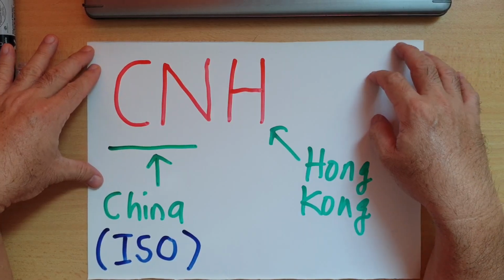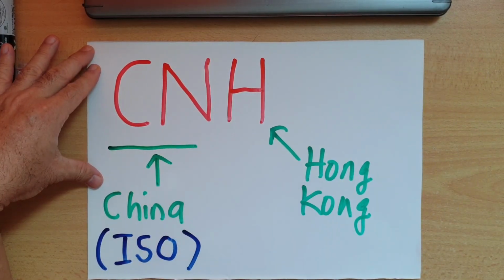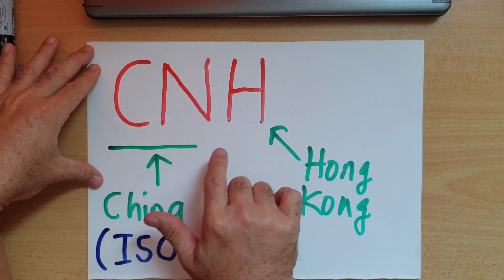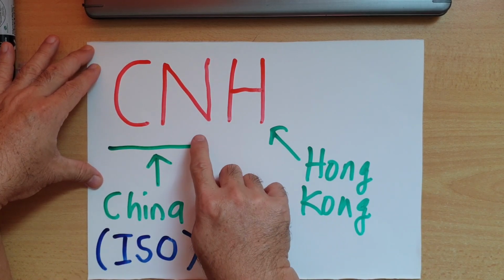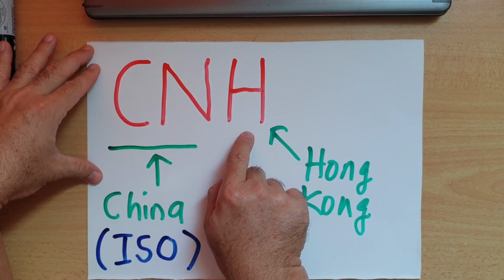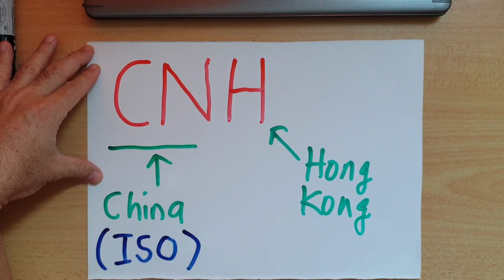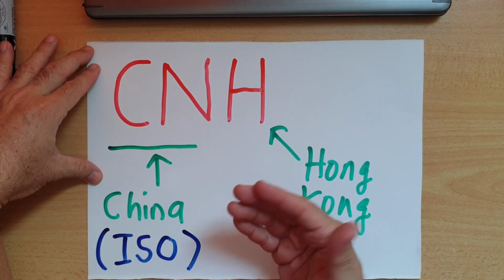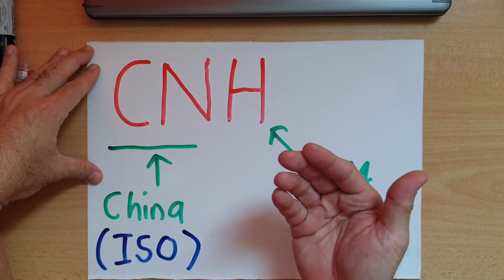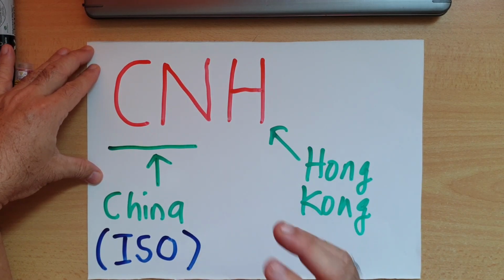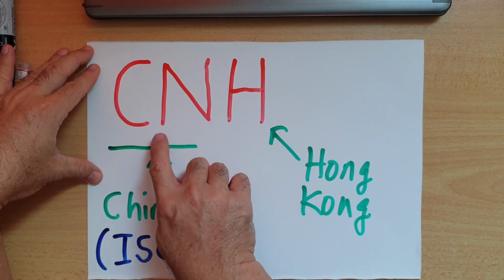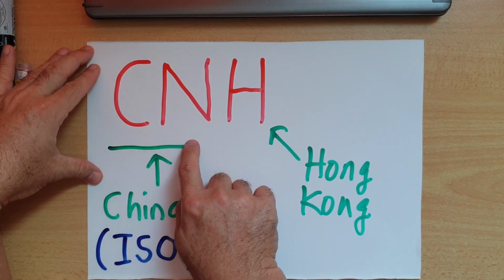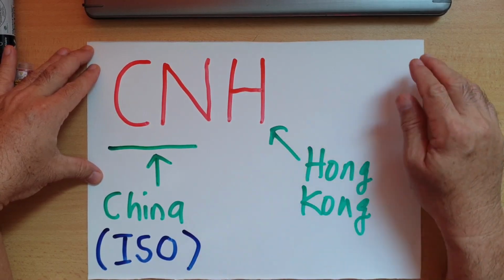Now, if you look at the first slide, I put CNH. CNH represents those renminbi that are being used overseas, not in China. So this refers to that pool of money outside of China. You might ask, why CNH? CN is a standard code by the International Organization for Standardization. Like I believe you have heard about ISO 9000, ISO 9001, ISO 9002. They set the code for China as CN. That's why they use CN. But why H? H represents Hong Kong.